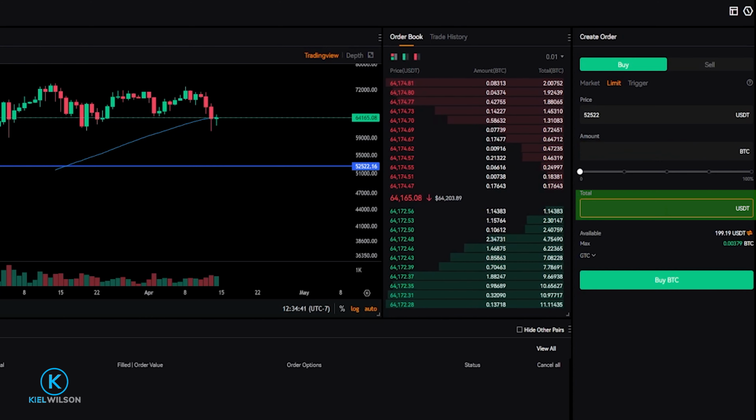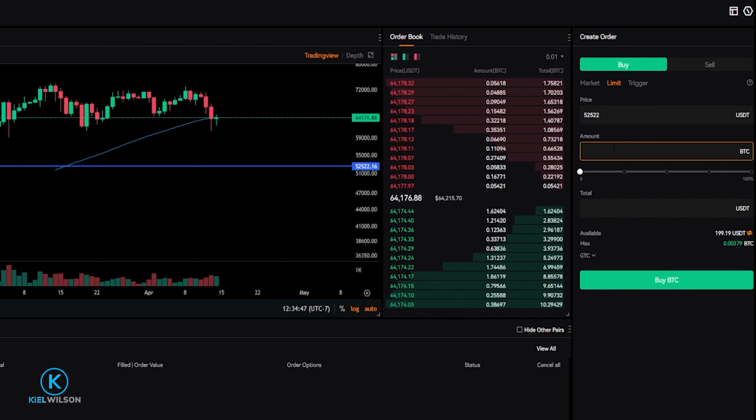Or down here in the total box, I can choose how much of my available balance that I wish to place in this buy order. And of course, you could always just use this slider bar right here. For this demonstration, I'll go ahead and I'll put 100 tether into this buy order. You can see in the amount box right here that Blofin has calculated how much Bitcoin I'd be purchasing for 100 tether if the price of Bitcoin was to get down to